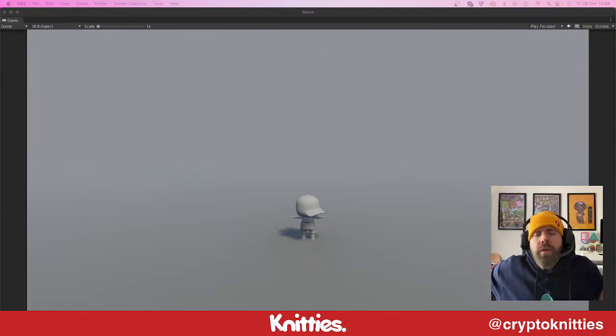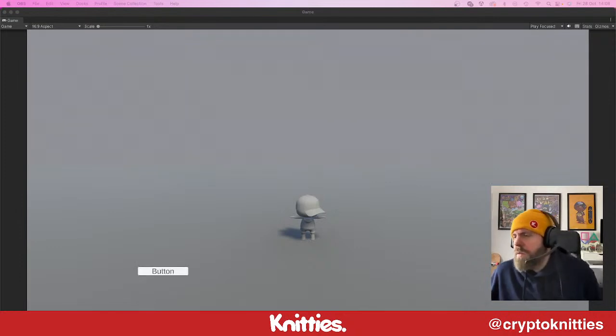So what we're going to be doing is, well, I guess I'll show you where we're up to. I can have a little demo of the skin switching system. I showed this in chat last night, but